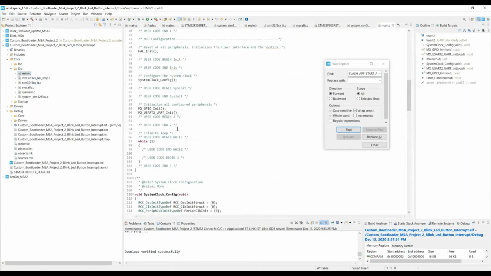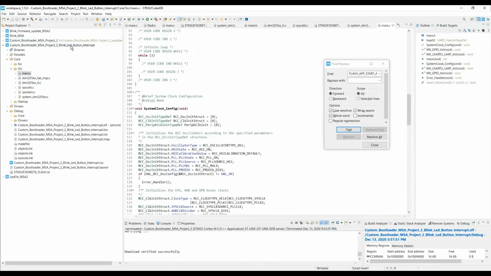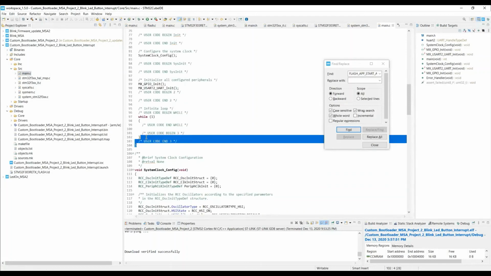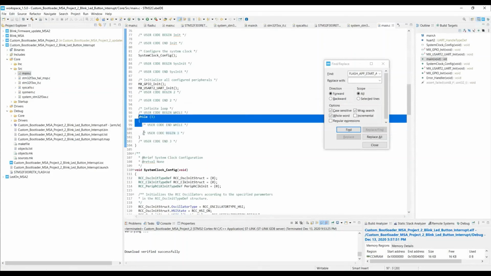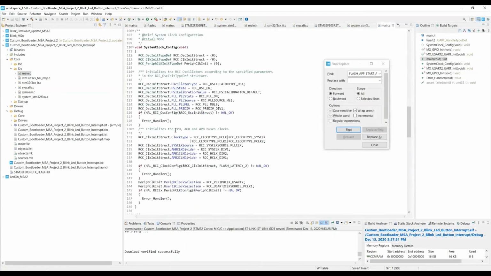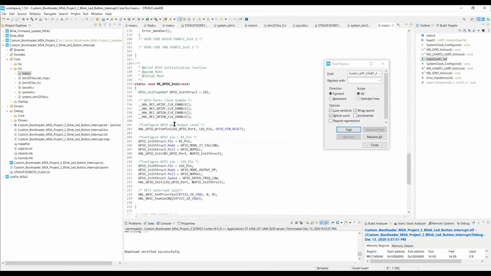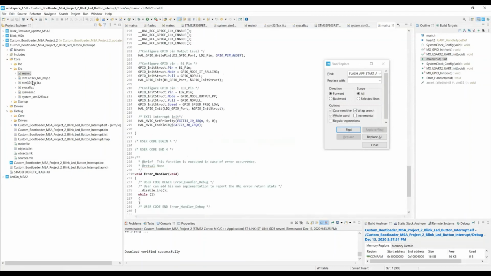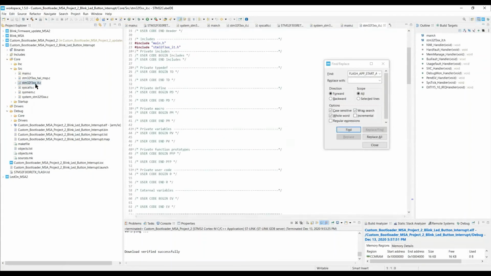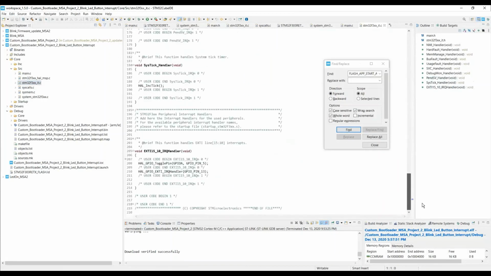If you see the application here, this will toggle the LED based on the button interrupt that is coming in, right? Since we are using the button interrupt, we don't need to keep the processor busy. Whenever an interrupt gets triggered, in the system STM32F3XX_IT.c, you will have something called an IRQ handler. This IRQ handler will get triggered whenever there is an interrupt on the particular button.